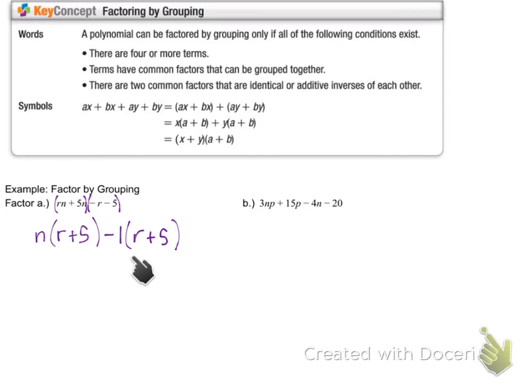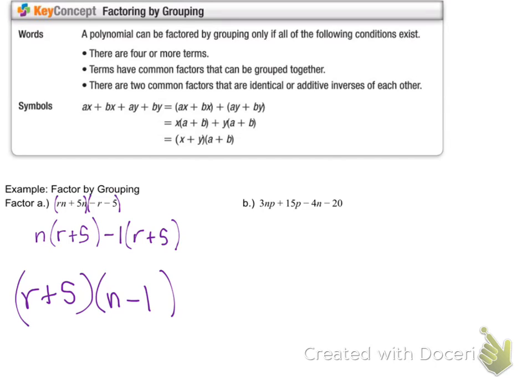Now, this might be different than what the book has, but I like to think, wait a minute, if I have something common, I want to take the common piece out first, which would be an R plus 5. And the cool thing is, the results in this are the leftovers, the things out front. N minus 1. And you're done. I will ask you to check your work, and to check your work here means to use the 4-letter F word and